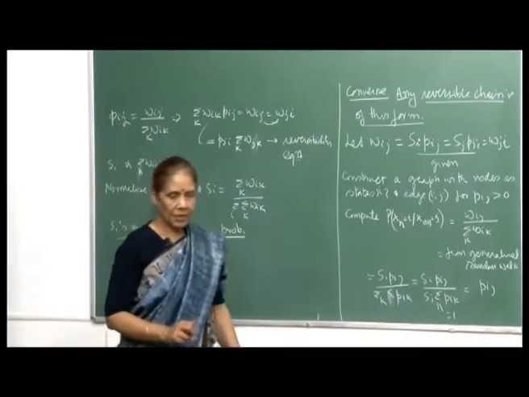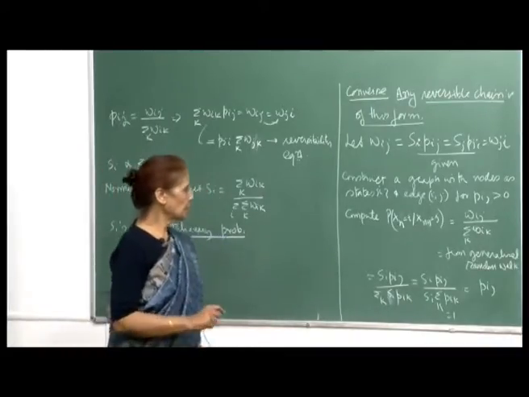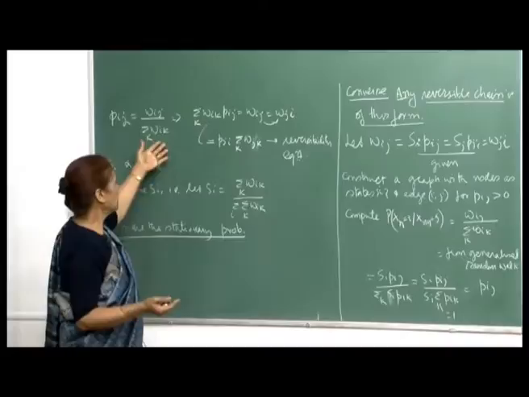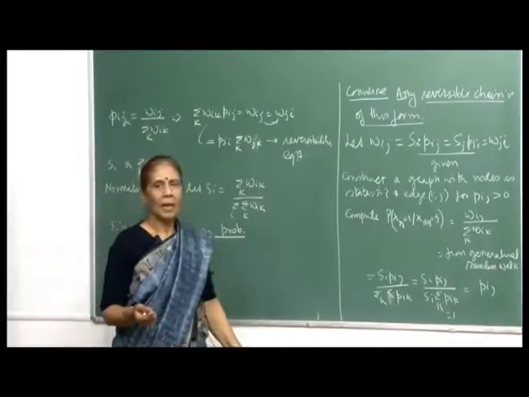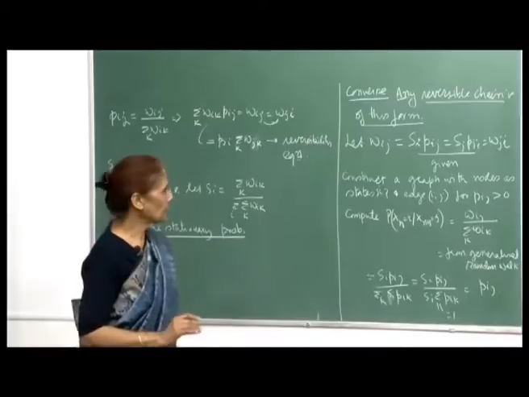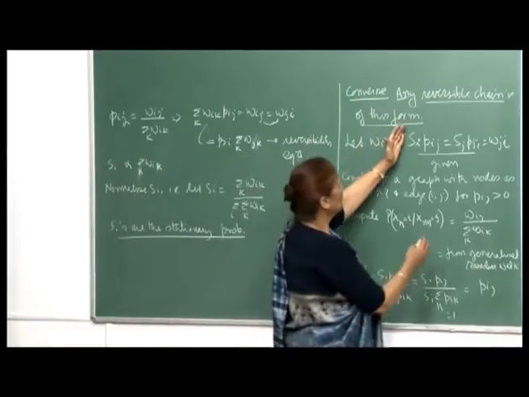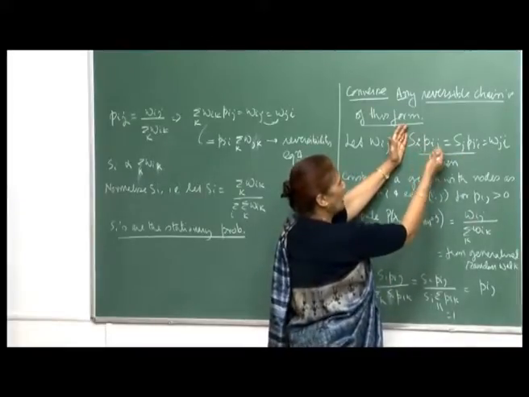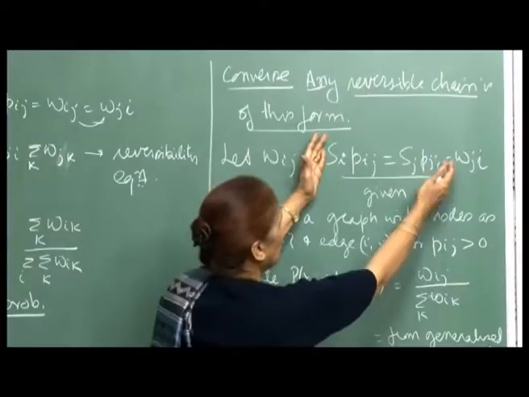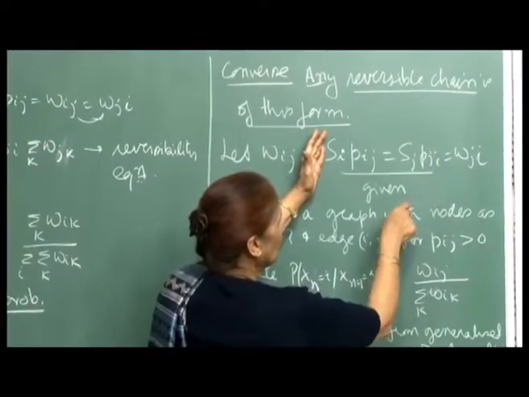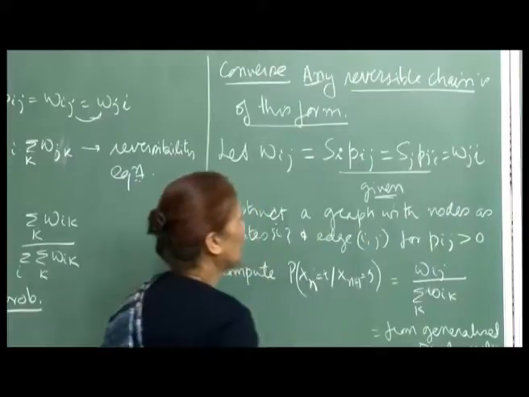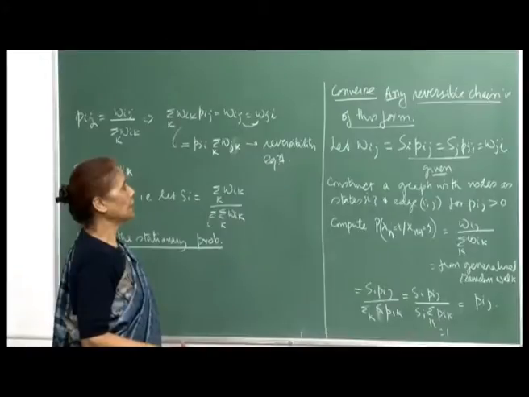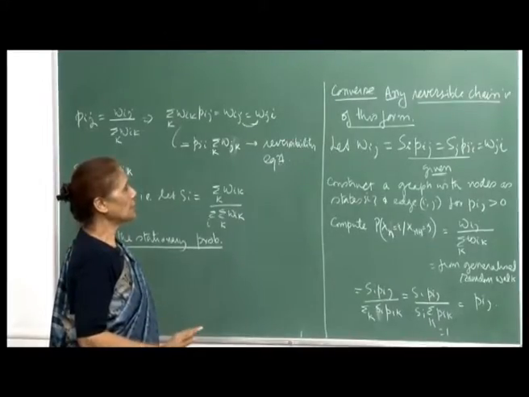Given a reversible chain, we want to say that you will be able to associate an undirected graph and give weights to the edges, and then define the corresponding transition probabilities and your state vector. This is simple. If you are given a reversible chain, then this is the set of equations. That means there are some Si's and Pij's which satisfy this necessary condition. So, the time reversibility equations are satisfied by the state vector S and the transition probabilities Pij. So, some reversible chain is given.